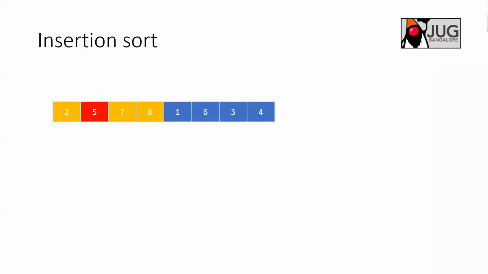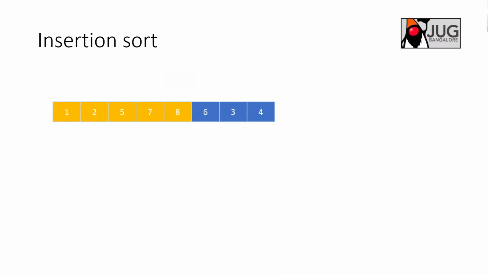Now the interesting point is with 1. So you start comparing with 8, and then 8 is moved, 7 is moved, 5 is moved, and then 1 is compared with 2. And then you realize that there are no further elements here, the 2 is the last element. So what you do is you stop here, and you copy 1 at the first place, and 2 is moved onto the next slot. So basically you have something like this.